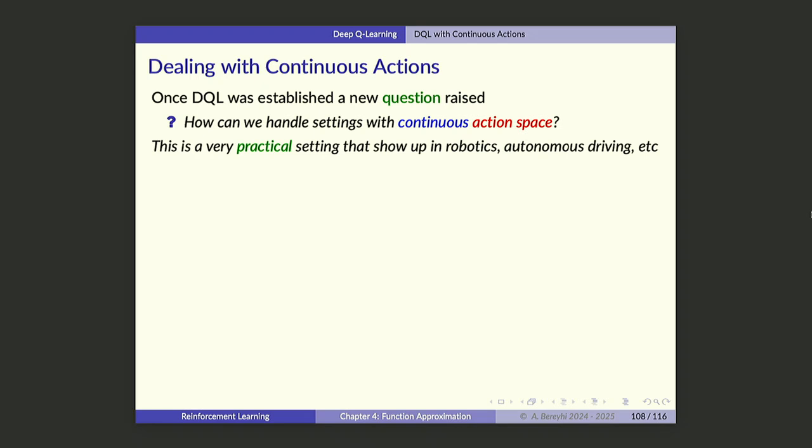And if you want to do value-based deep reinforcement learning, then you are fine as long as you don't want to deal with continuous actions. If you want to deal with continuous actions, then you're going to get into trouble. Now, why could we have trouble with continuous actions? This is happening in most practical scenarios. In robotics, the angle that one arm can choose is continuous, and in many other things. So realistic problems that we have are really continuous.